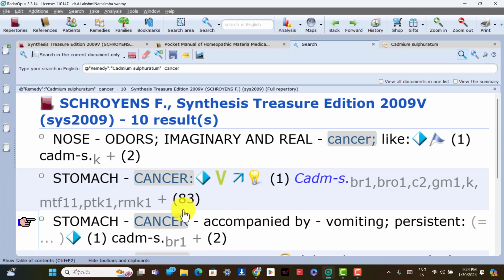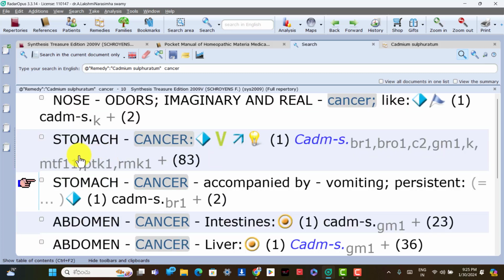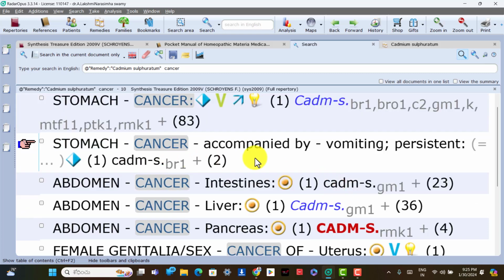What cancers is it used to treat? Nose disorders, imaginary and real, like cancer, are present. Stomach cancer in a Cadmium sulph patient. Stomach cancer accompanied by persistent vomiting is present in Cadmium sulph. Two other remedies are carbolic acid and creosote. Abdomen cancer of the intestines is also useful,